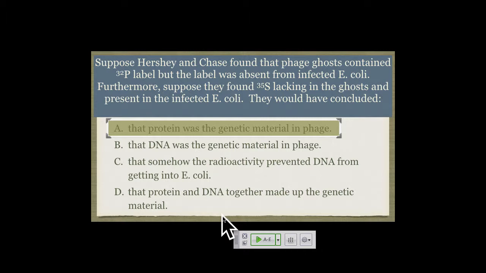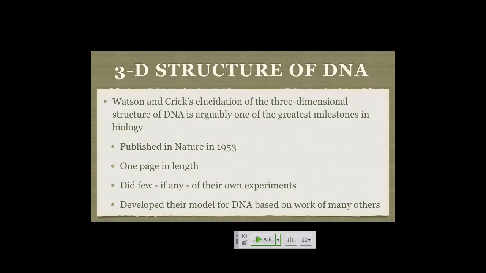The other is just to use this as an example of looking at the difference between real data and what's in the textbook. The way this is presented, it looks like a nice clean experiment, and only P32 was found in the cell pellet, and only S35 was in the supernatant. If you go back and look at their original paper, you'll find that it's not quite that clean, but they did come to the correct conclusions. So those were just some of the classic experiments to prove that DNA is a genetic material.